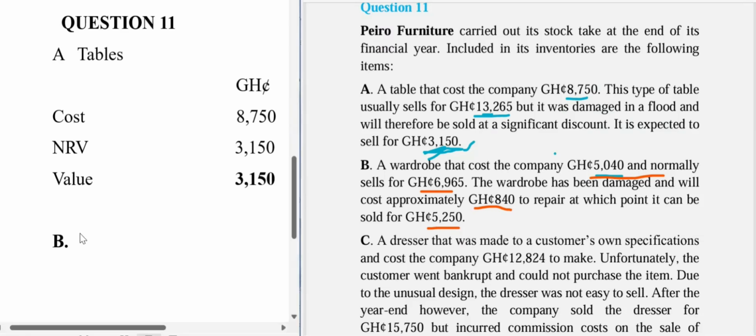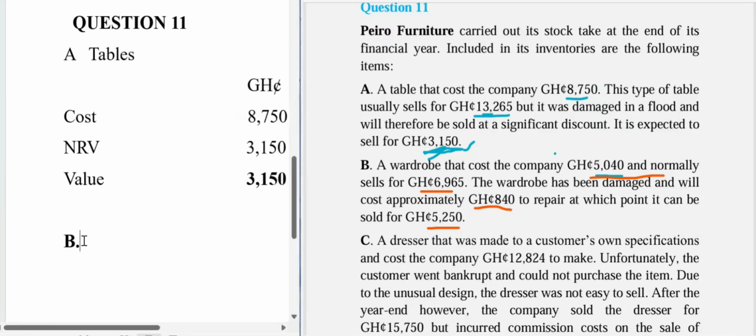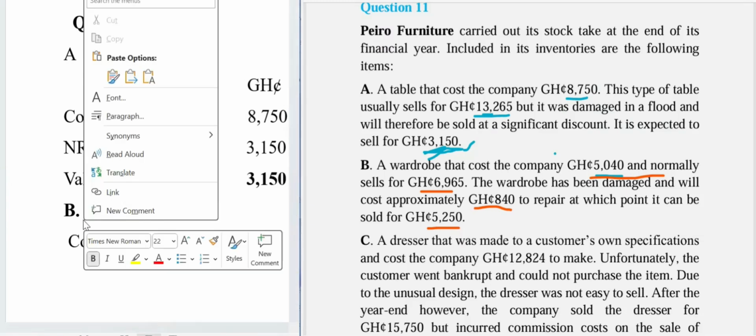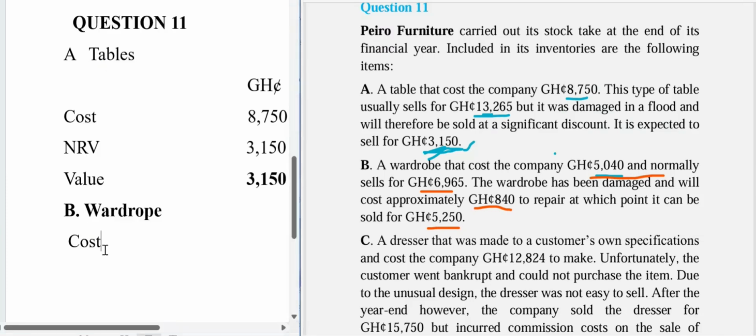So looking at this one here, B, what are we valuing here? So let's write the name. B, we are valuing wardrobe, right? Okay. So let's value it. What's the cost? In the question, the cost is 5,040 cedis, right? Then the NRV here, the net realizable value will be,